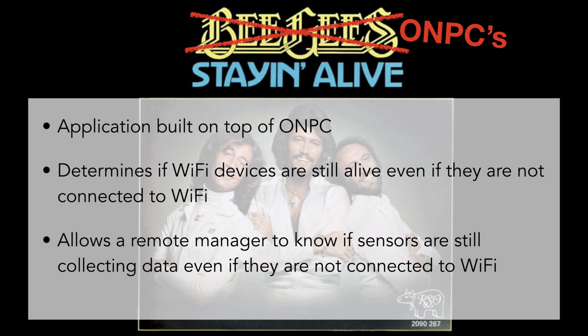And so a remote manager could use this to say, okay, I haven't gotten data for the last 5 hours, but I know it's alive. It's been alive for these 5 hours. Versus, I haven't received data for 5 hours and I'm not receiving ONPC. That means it got unplugged, or there's something catastrophically wrong with the sensor, some kind of malfunction. So the remote manager can go fix it or send someone out to fix it. ONPC just allows us to get insights into whether the sensor is still alive or not.